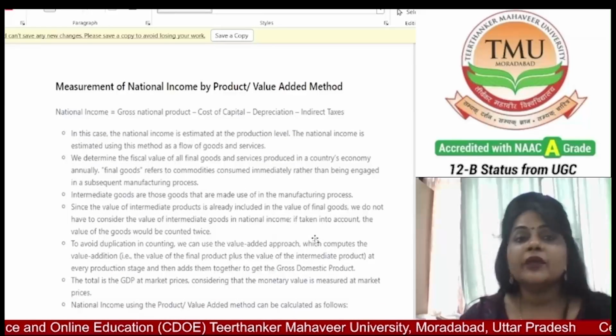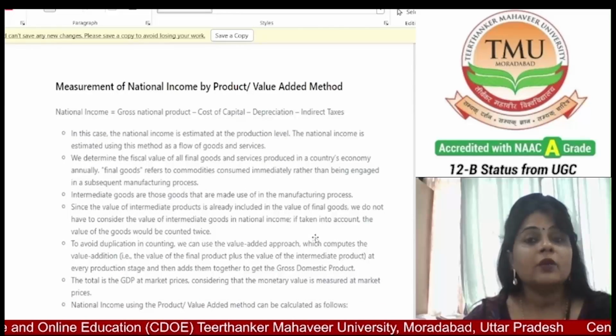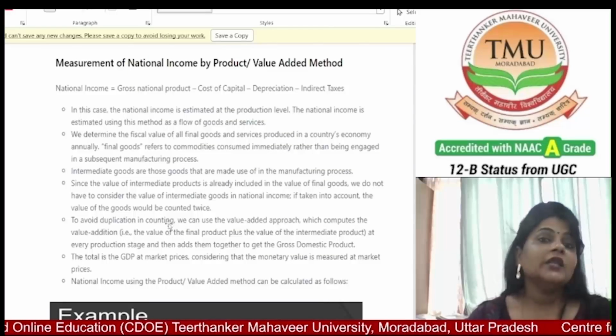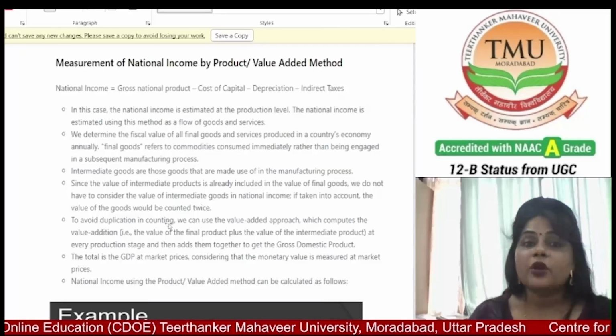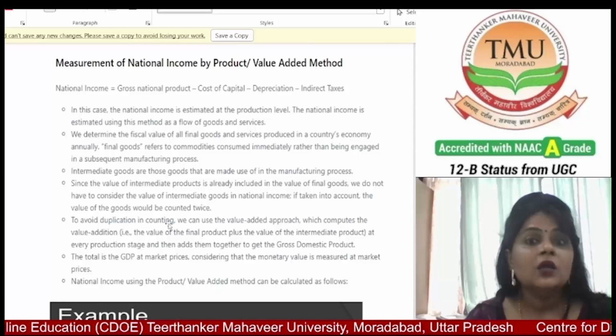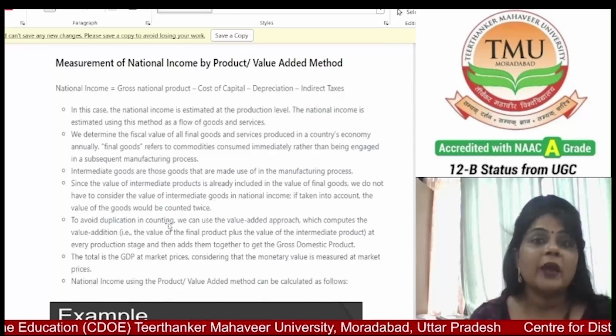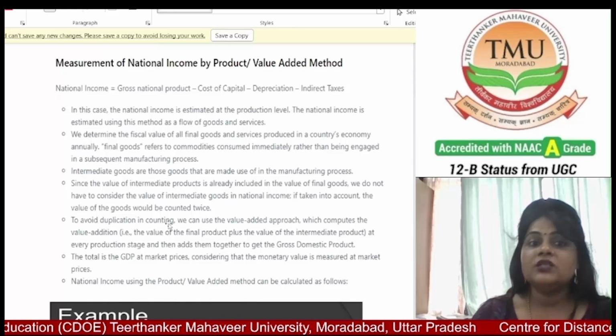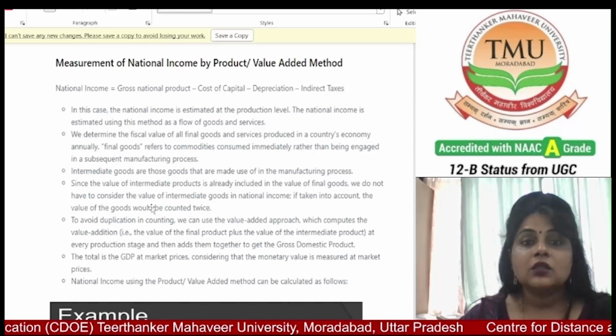So, measurement of national income by product is also called the value added method. National income is equal to gross national product minus cost of capital, minus depreciation, minus indirect taxes. So, if we say in this method, the value